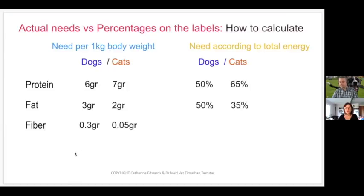And if you subtract it from the total energy, you will come up with how many carbohydrates are inside. And that's super important for you to know, because you don't want your dog or cat eating that amount of carbohydrates, right? And also, I'll just add to that, because obviously, as you'll have seen from the previous videos, and